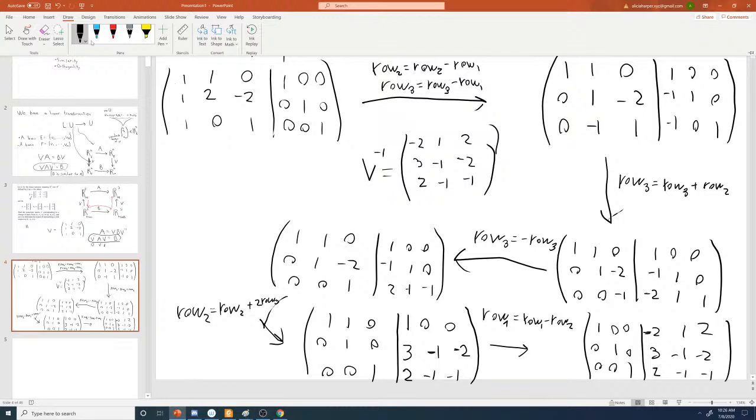Did I lose anything along the way? It does not look like I did. And so the next thing I do is I add 2 times row 3 to row 2. So let's do that. This cancels. This becomes 3. This stays 1. That looks good too. Final thing I do is I add